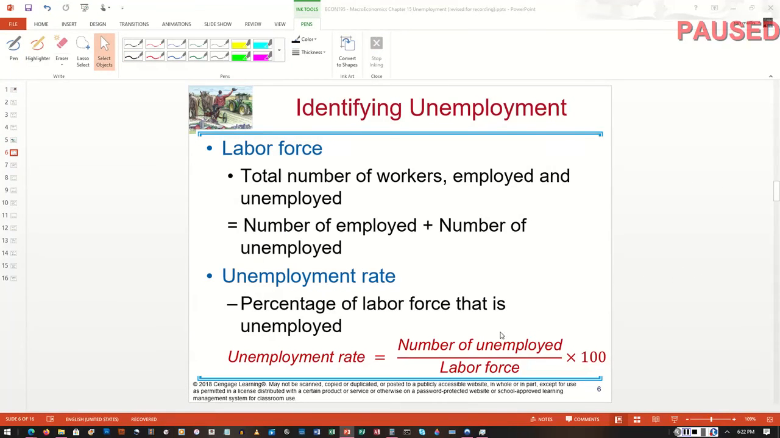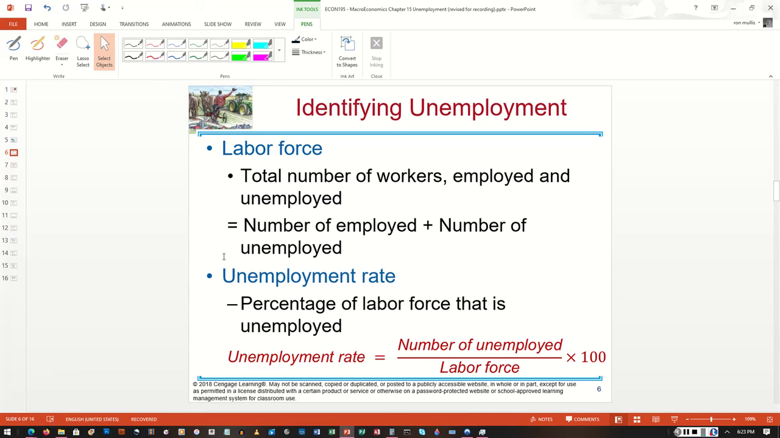So again, here's a little explanation about what we just did with the numbers on the previous slide. We found out what the labor force was. That's the number of employed plus the number of unemployed, and by finding that out, we were able to come up with the unemployment rate, which is equal to the number of unemployed people divided by the labor force, which is equal to the number of employed plus the number of unemployed,